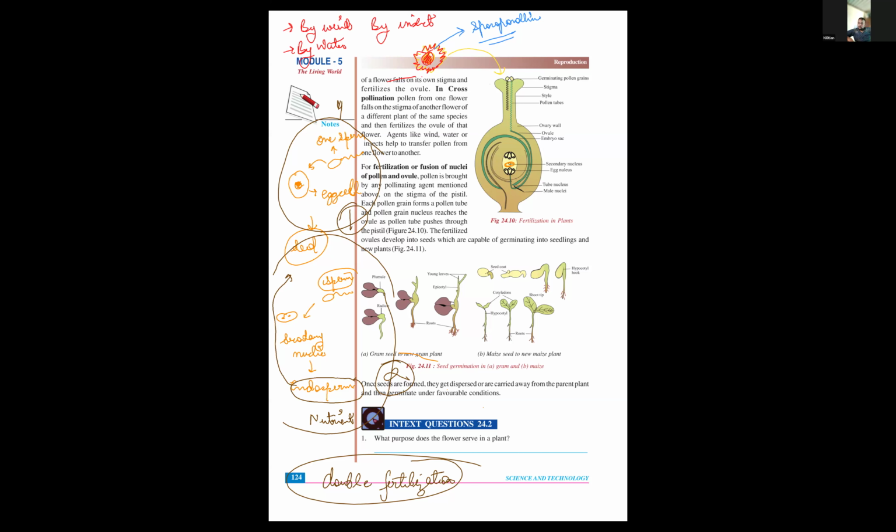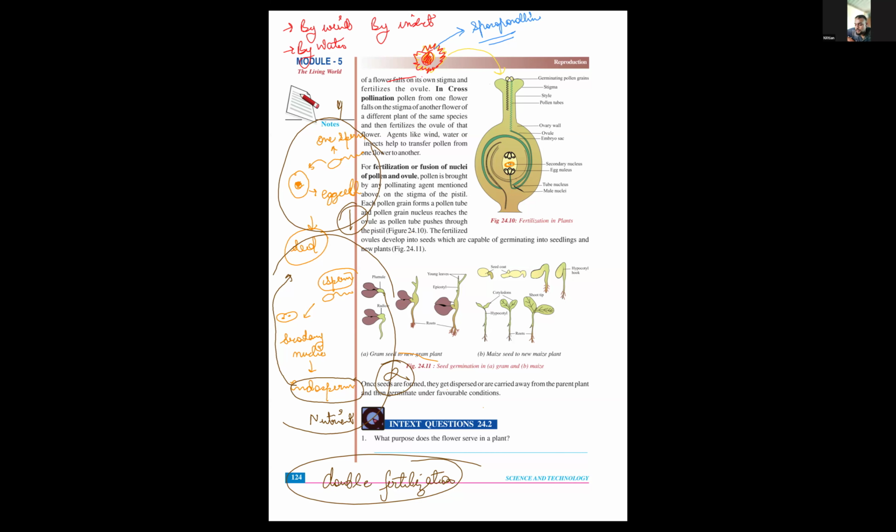So if in a question they ask what do you mean by double fertilization? Double fertilization is a fertilization found in flowers in which one sperm cell fuses with the egg cell to form the seed and one sperm cell fuses with the secondary nucleus to form endosperm, which gives nutrition to the seed. These two fertilizations occur simultaneously. It's called double fertilization. Everyone understood?